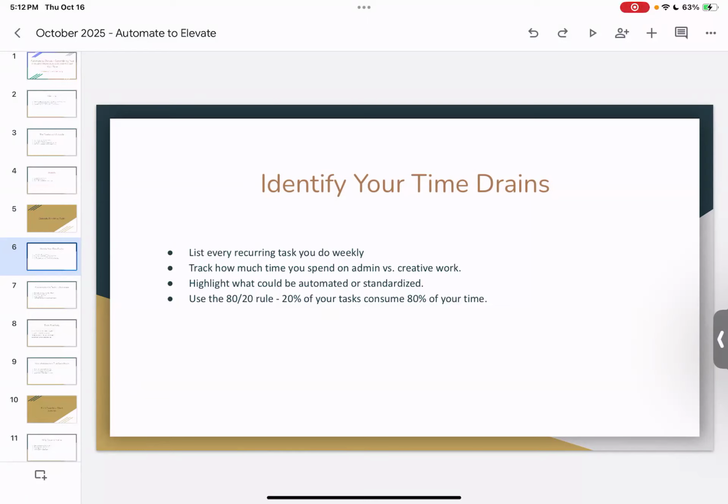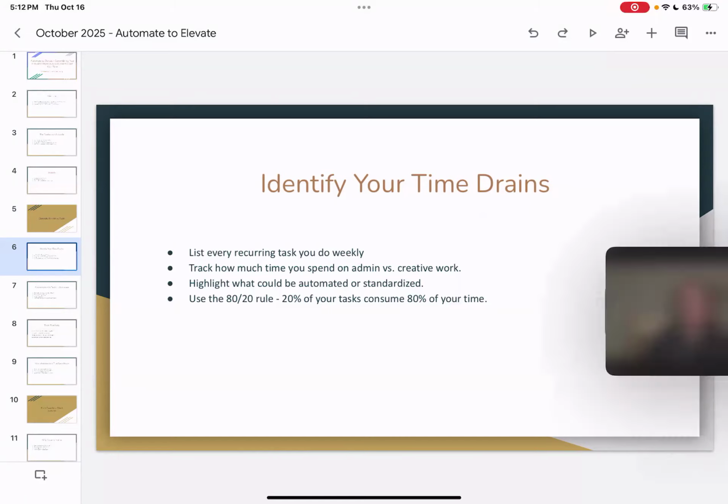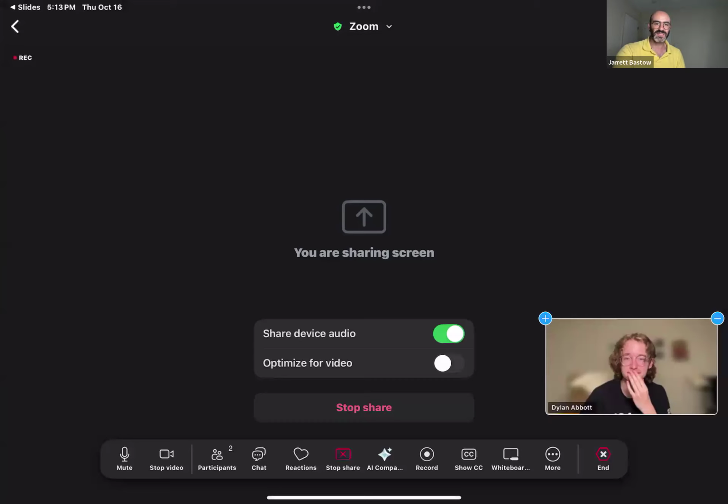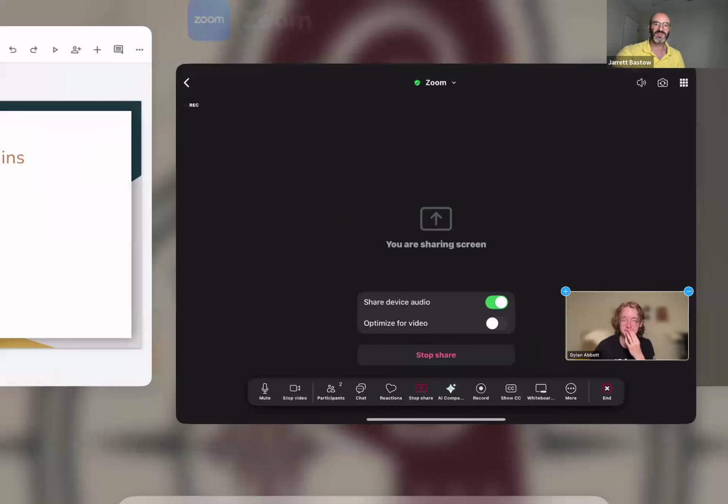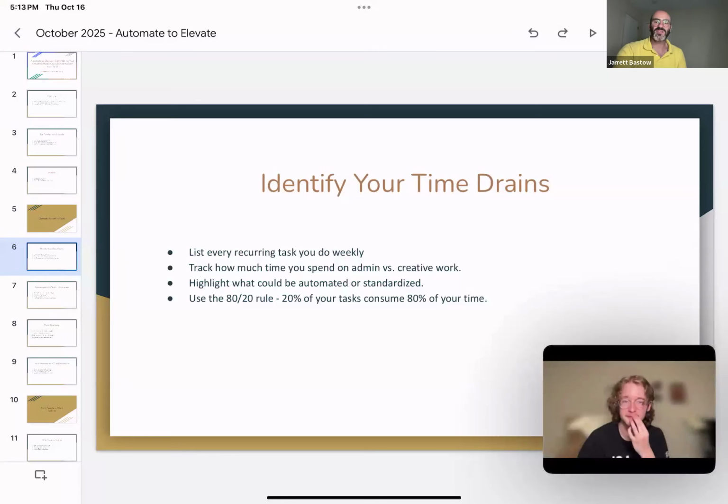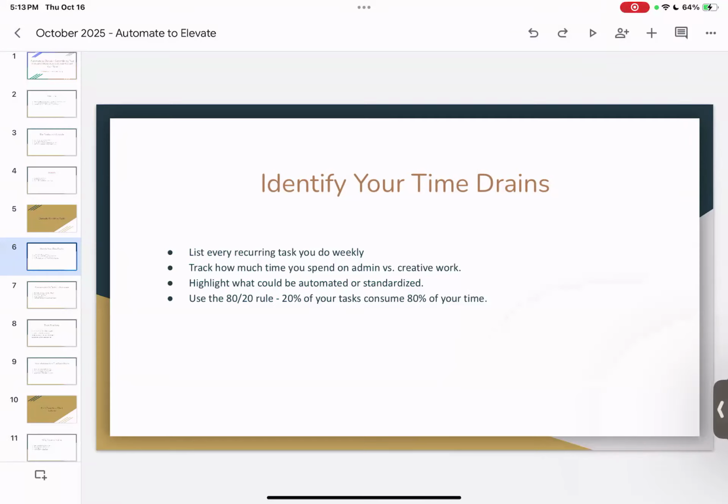So for you, Dylan, what would be a prime candidate for automation? Something I do daily or weekly. I'm trying to think about that. Probably laundry. Laundry, okay, good. So making sure that you find a way to automate that before we go too deep. Okay, good. They're not here yet, so we're just going to keep going. All right. So yes, laundry would be one. That's a weekly task. What else?